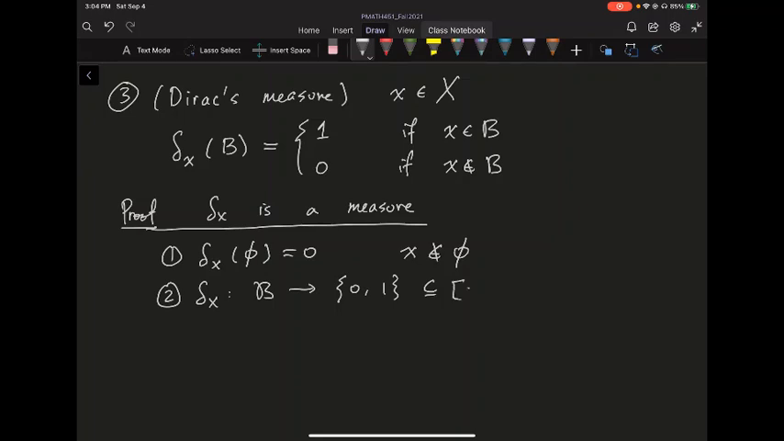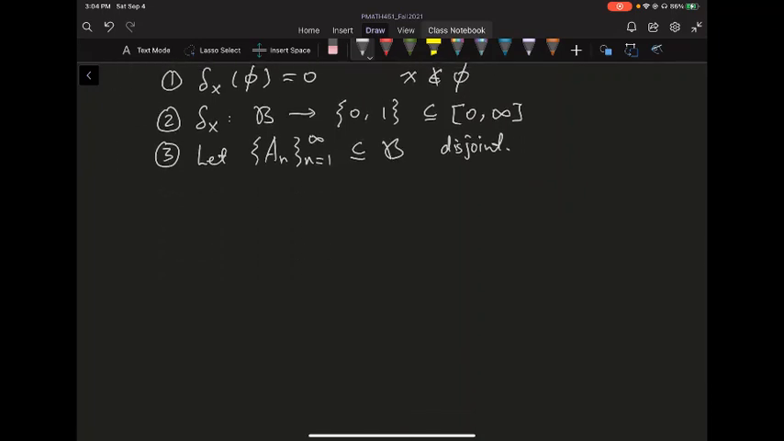So this satisfies the positivity condition. And let's show the sigma additivity. Let An be a sequence of measurable sets, n going from 1 to infinity, containing B, and let's say they're disjoint. All right, so let's consider the following. To show the sigma additivity, I need to evaluate the measure of the union of the sets. Let's consider the measure of this set. There are two cases depending on whether this union contains the point x or not. So case 1, suppose that x is contained in this union